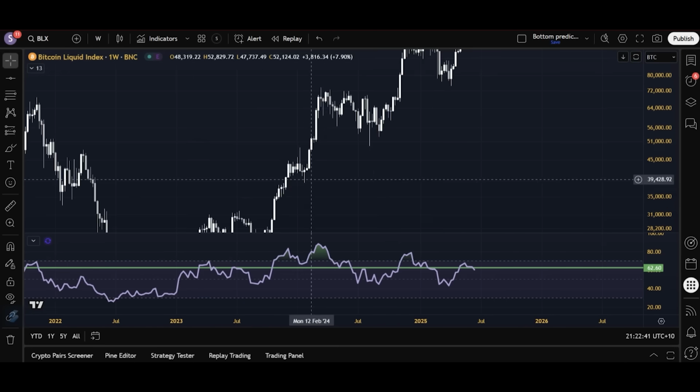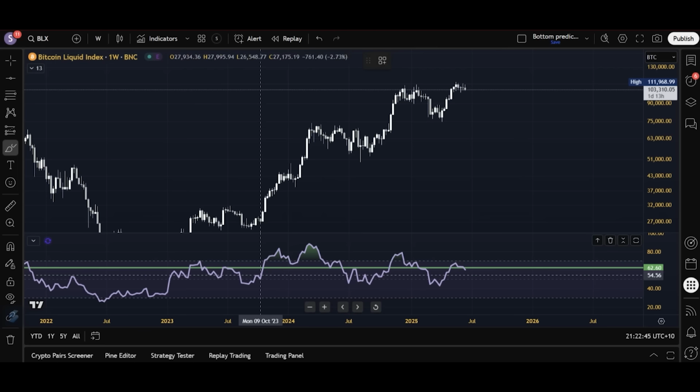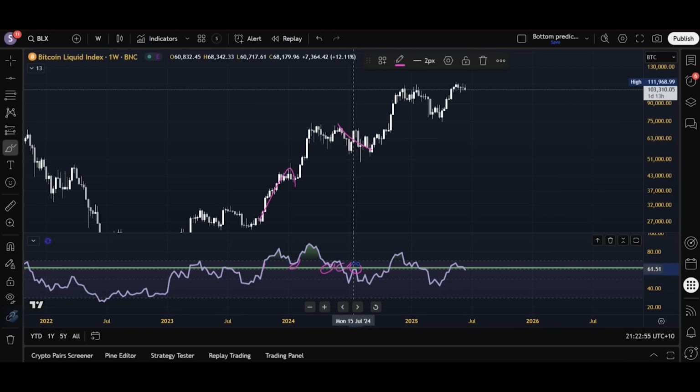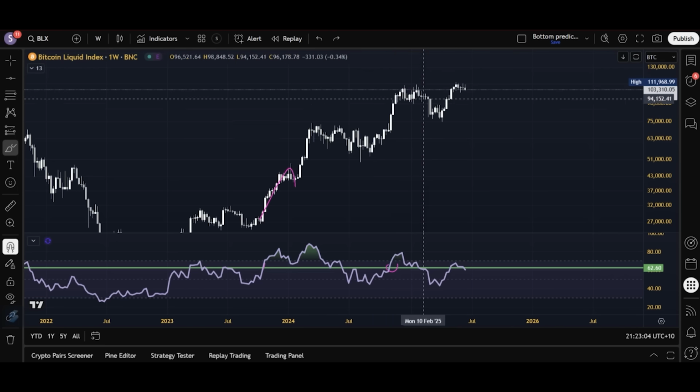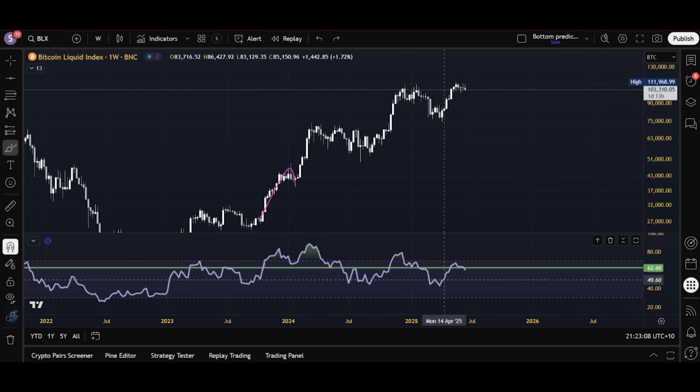you can see, let's just start over here in 2023, we break it to the upside, we see that move before ETFs, we come down, we retest the level at the ETF decision, we support retest right here, we break it, we see a correction on Bitcoin, we reject from it, Bitcoin correction continues, we go downwards to 49,000, we break above the 62 level, that triggers the next move to the current macro range we are in. Support retest, we break it, we see a deviation below the range, and now we've gotten back above it, we're holding it for support currently, threatening to break it down.